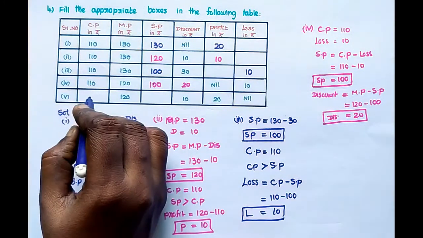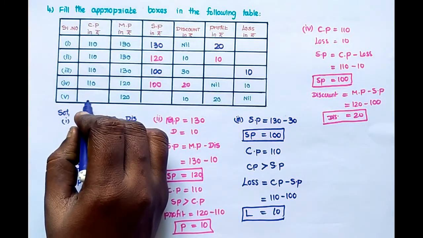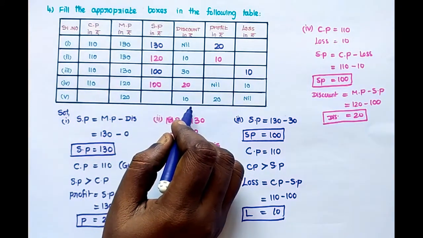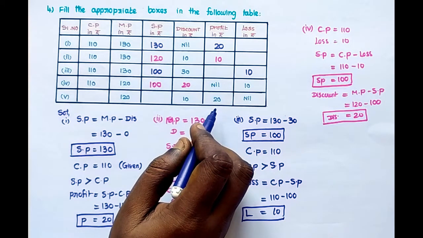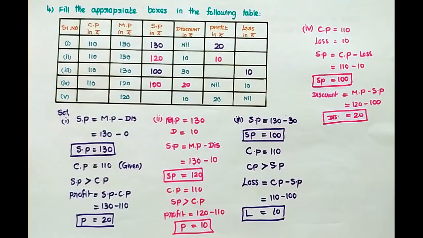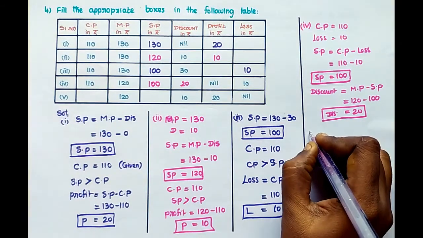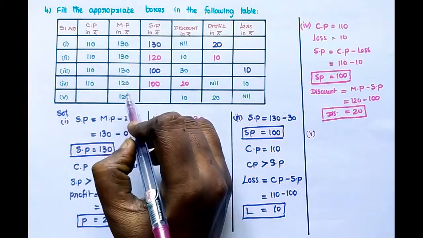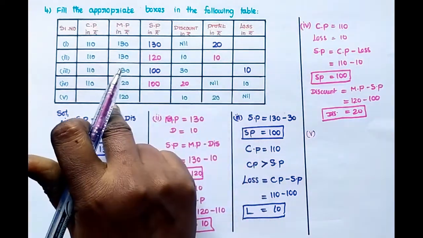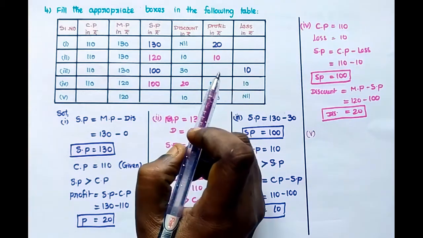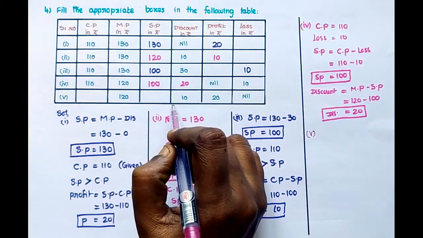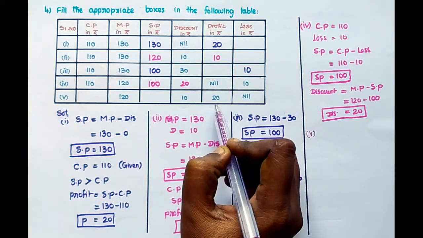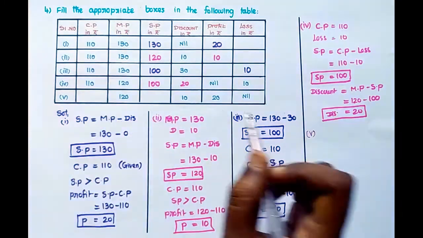Next one, they did not given the cost price. Find out that, and selling price also they given discount and profit they given. Fifth one, listen what they given first, mark price, discount. So from that we have to find out mark price and discount, selling price. After selling price we found that they given profit also. From that we have to find out cost price, right?